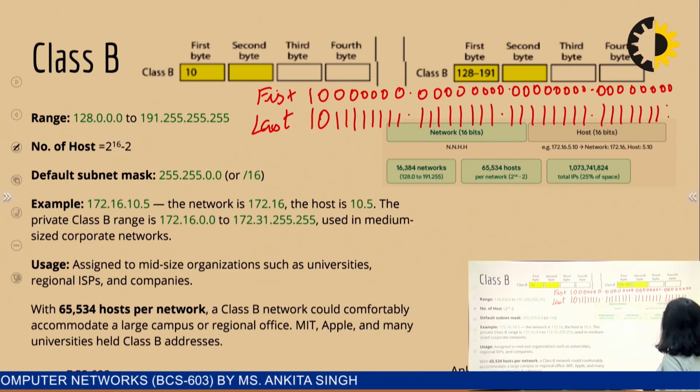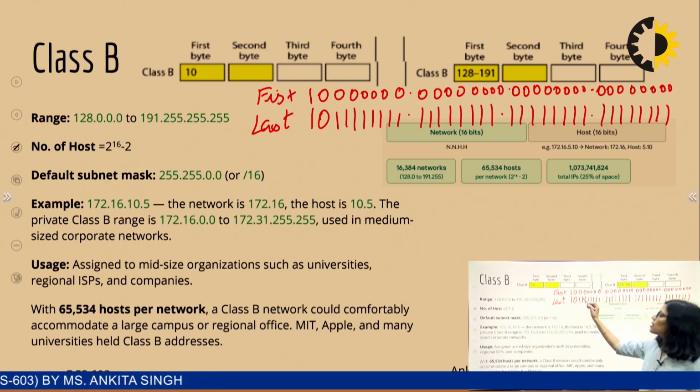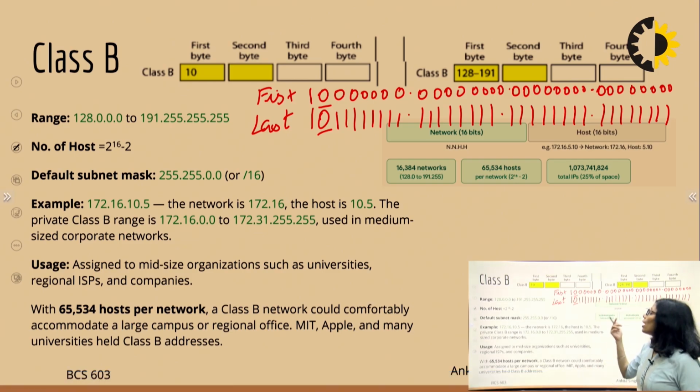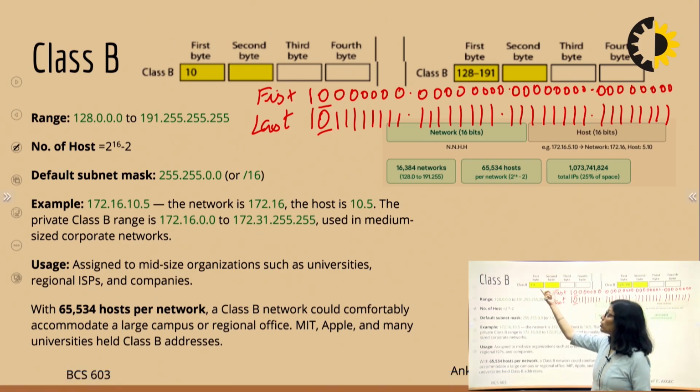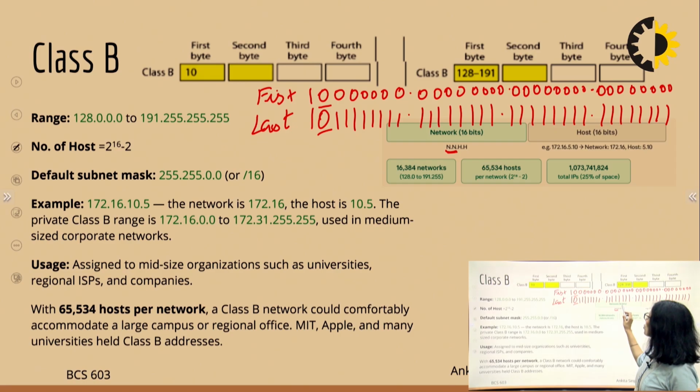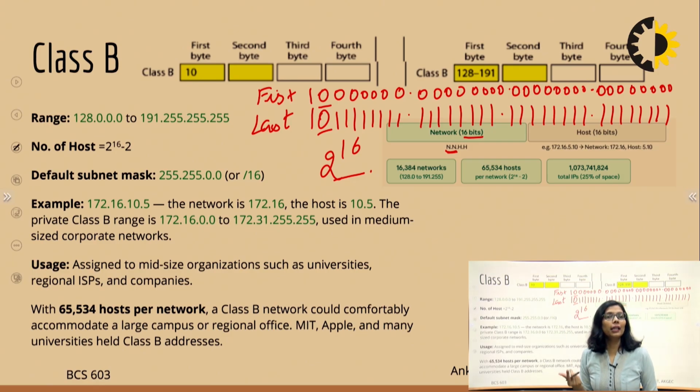This will be my last address of this class, okay. This is fixed. So the number of networks possible is these two. The number of networks possible, they are 2 bits